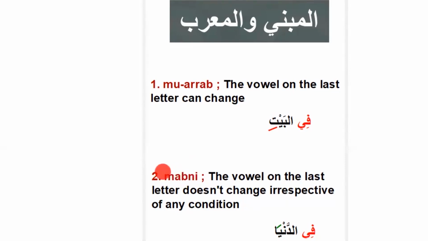So that's why the word itself signifies what is happening. The word is fixed. Okay, it is rigid. It is unchanged. You can't change it again. So no matter whatever condition it finds itself within the sentence, the last letter doesn't change. La tataghayyar. It doesn't change. Okay, so that is just it about mu'arrab wal mabni. We don't need to explain much, because I think the last time we just explained it a lot. So we are very clear with it.